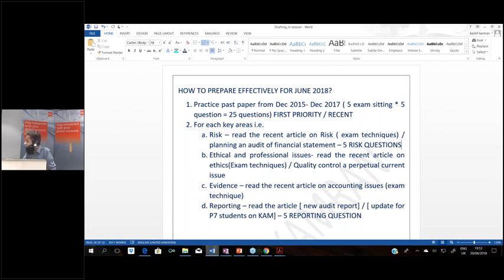So I hope this Practice to Pass session, the question-based revision being organized by ACCA Pakistan, must have brought some benefits and some motivation to you, that you stand a good chance of getting success in the June 2018 examination. A lot of students who attended the March 18 webinar for P7 had phenomenal results, and the passing rate for the March 18 webinar has been phenomenal. I believe the same will happen for the June 18 exams, that all of you will succeed in P7 and bring out the best of results.